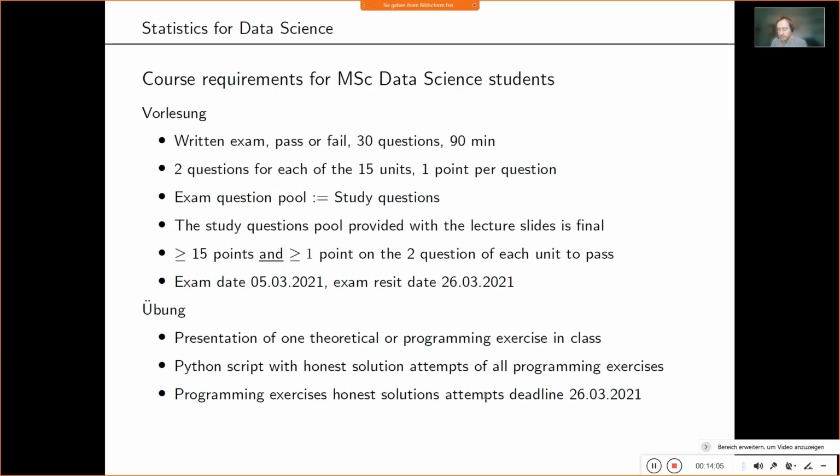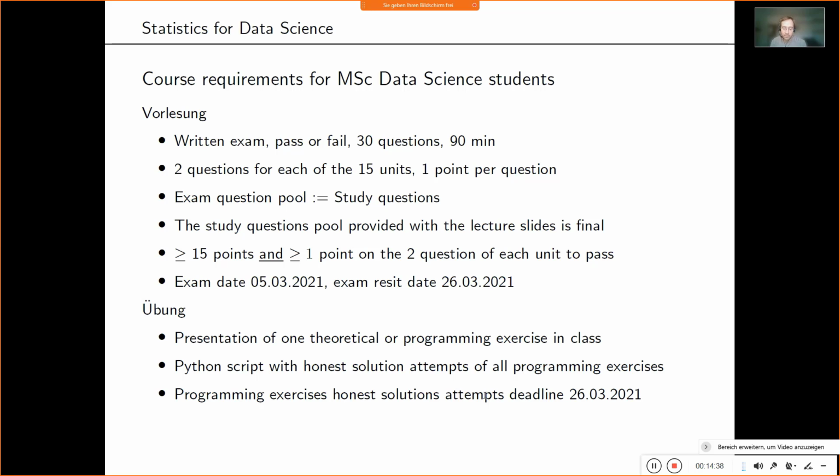Of course, here and there I will have made a mistake, and there might be typos, or a question in there that somehow is not a sensible question. Most of the study questions are fine, but this can always happen. So if something like that comes up, I will of course update the slides on the website. And in the very end, before the exam, there will be no more changes regarding the study questions.